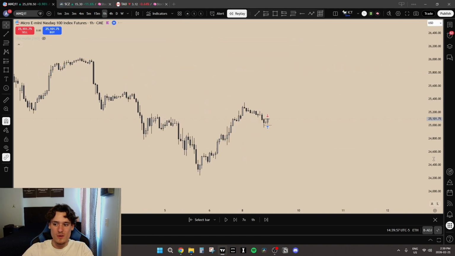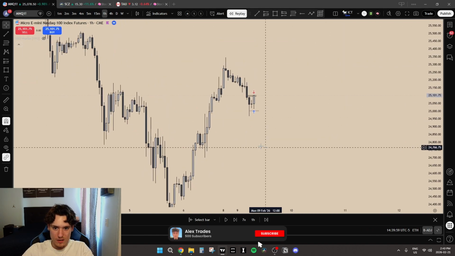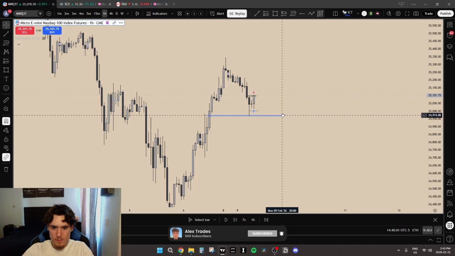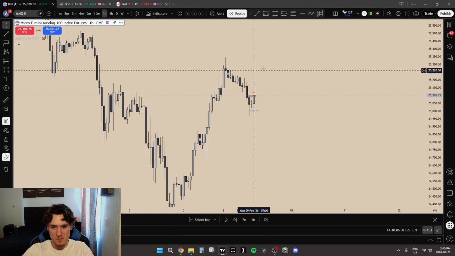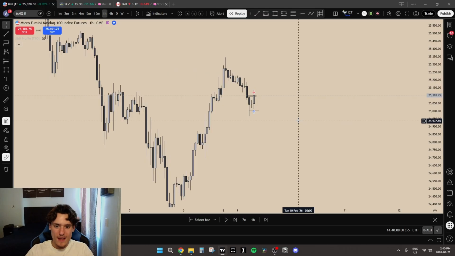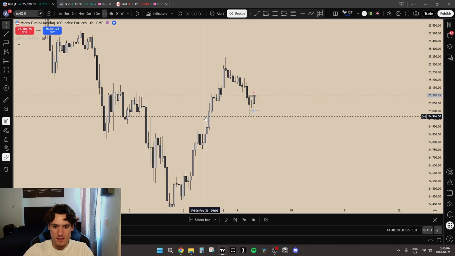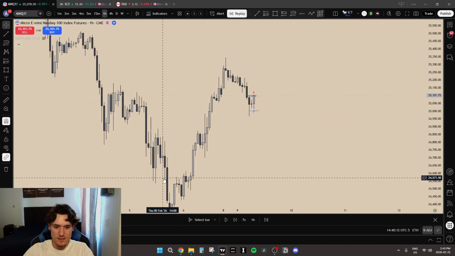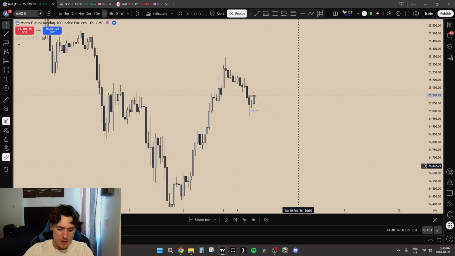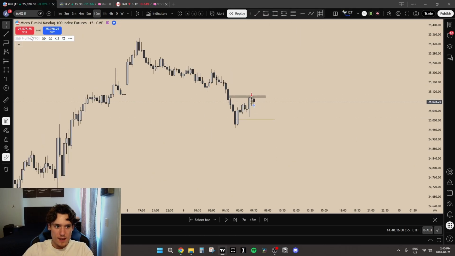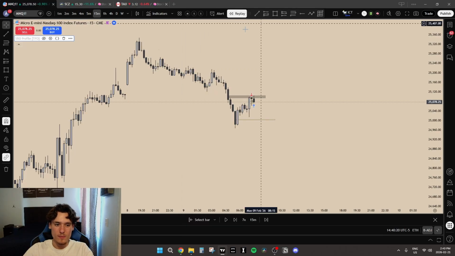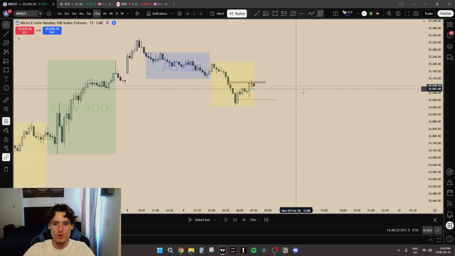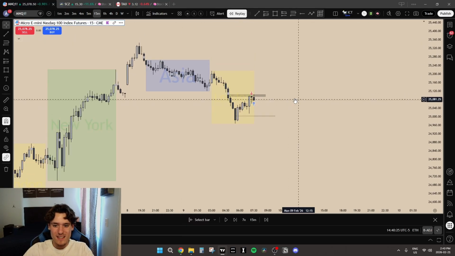Let's go to the 1-hour time frame now. What are we doing over here? Again, respecting bullish fair value gaps, disrespecting, well, in this case, we're actually disrespecting bullish, but you get the whole idea. We're respecting bullish fair value gaps and disrespecting bearish fair value gaps. Let's go to a 15-minute time frame. Now, this is where this indicator comes into play. SND profile by TFO. I think I've named it so many times in other videos. It is a godly